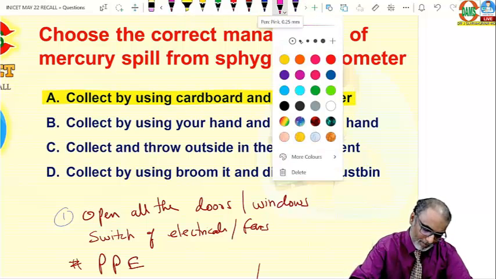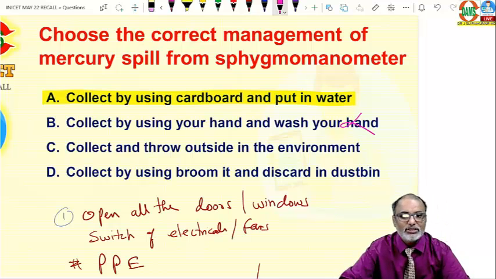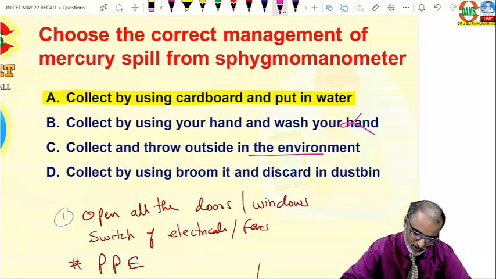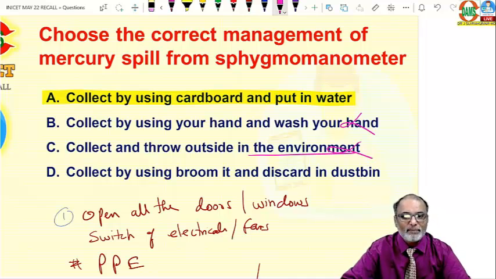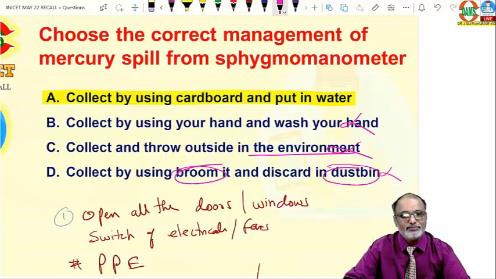Suppose it says collect by using your hand. No, you should not. You should not put it in the environment. You should not broom it. And you should not use a dustbin for it. A very easy question, very practical question. Next is